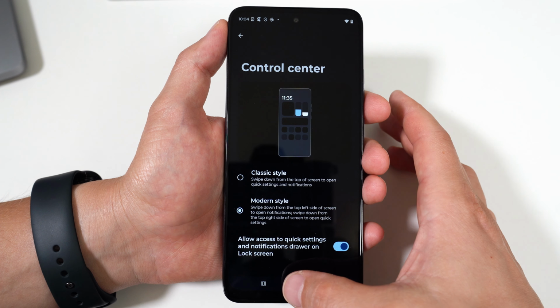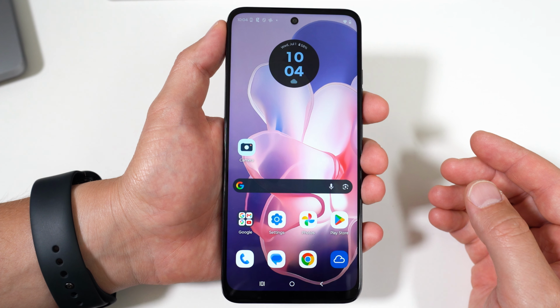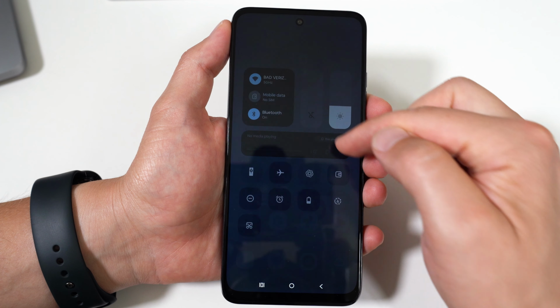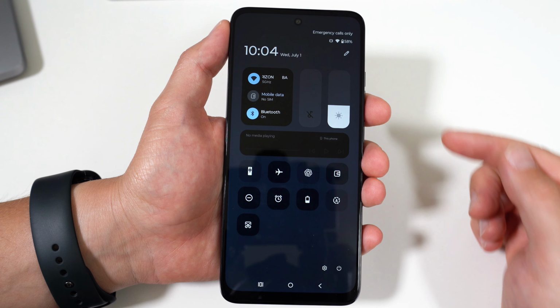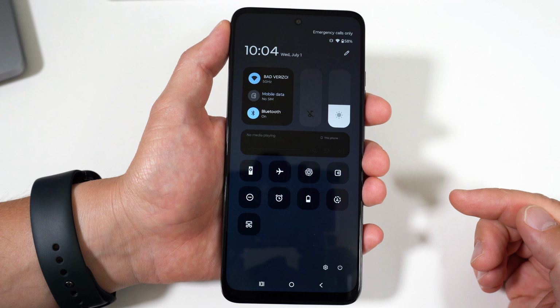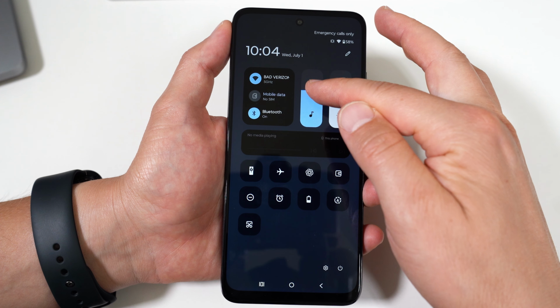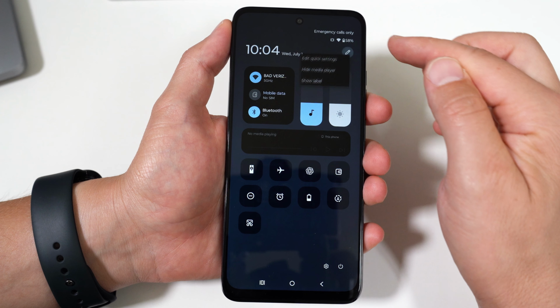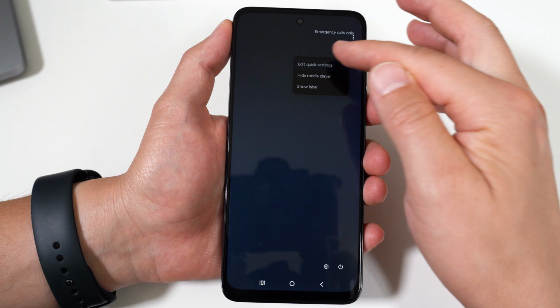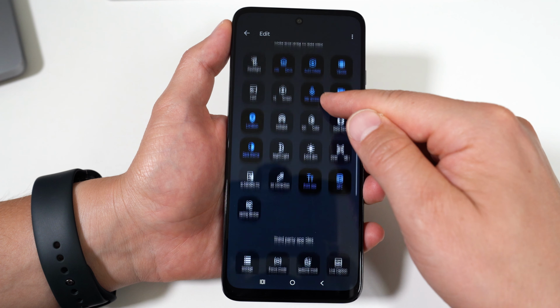my entire display is dedicated to the quick settings, which I usually need a lot more than I need my notifications. So now I have more toggles here, and there's more room for your buttons, which of course you can customize with the little pencil icon here. So I can tap the pencil button and edit my quick settings, which includes adding more buttons or just rearranging